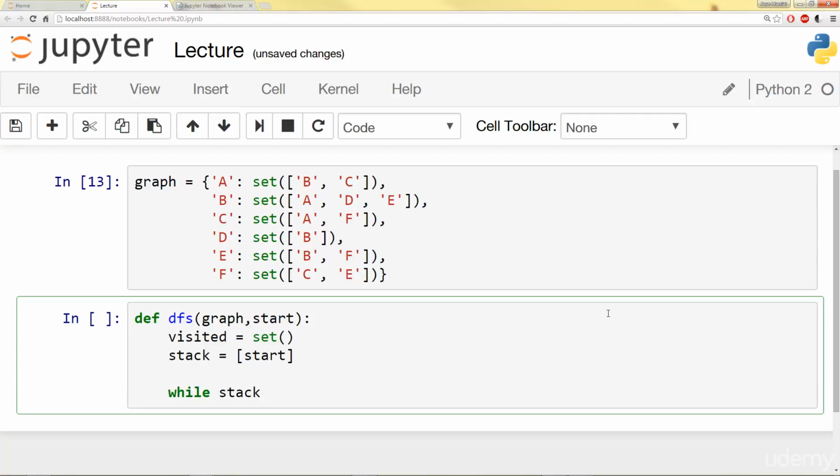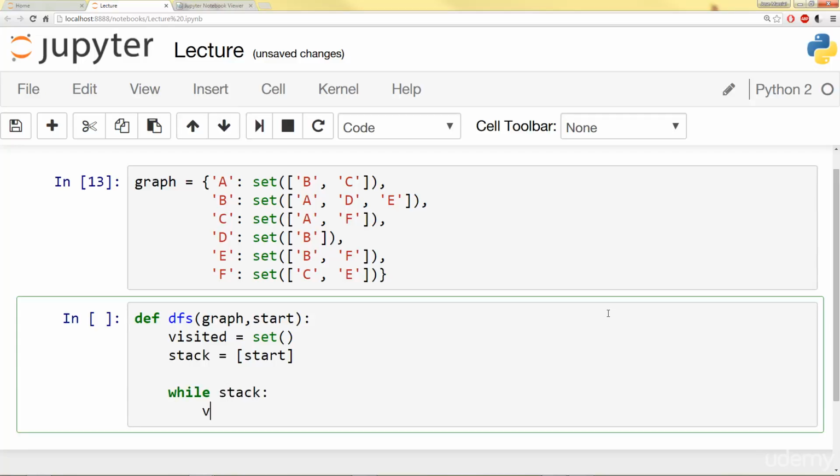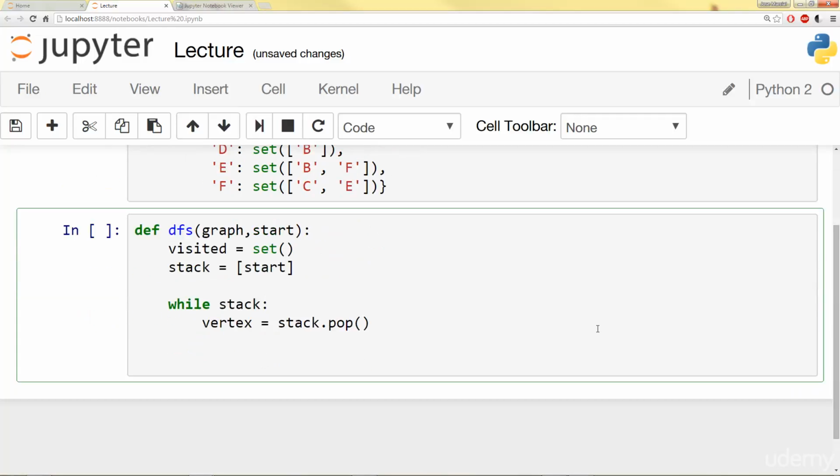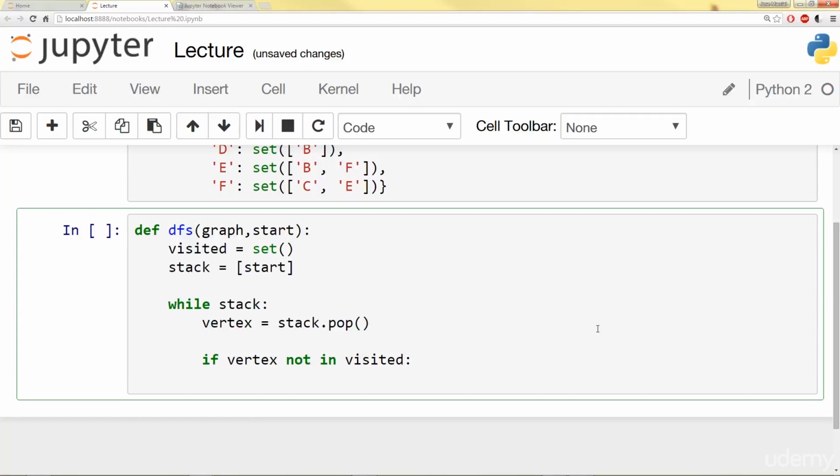And we're going to say while stack, we'll have vertex equal to popping an item off of that stack, basically that vertex that's in that stack, that node. Remember, we can use those interchangeably. I will say if that vertex is not in visited, then I will take visited, add that vertex to it,